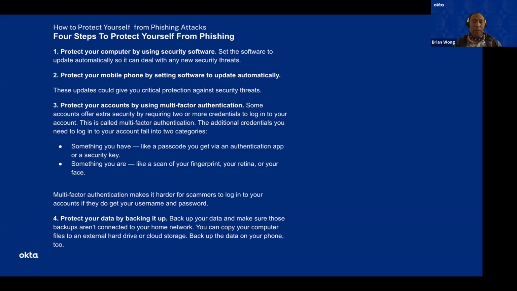And the most important is protecting your data by backing it up. Whatever you do, don't walk into a Costco and log on to a laptop and then start doing some testing and saving something personal on that machine. You don't ever want to do that on a machine that is not yours. Okay.